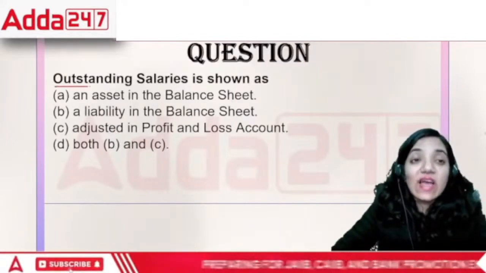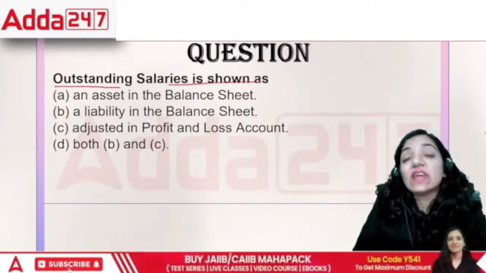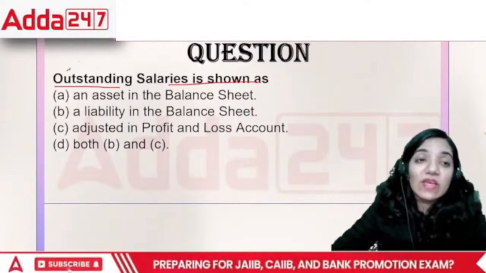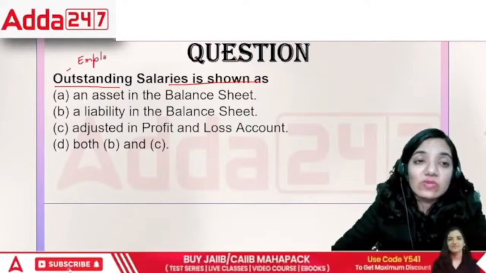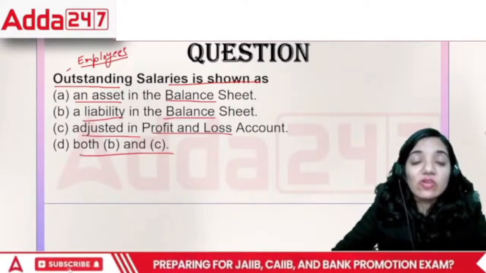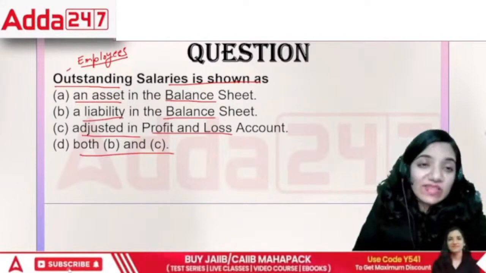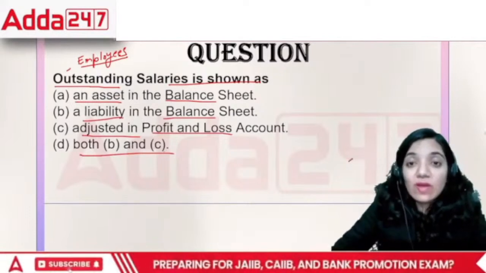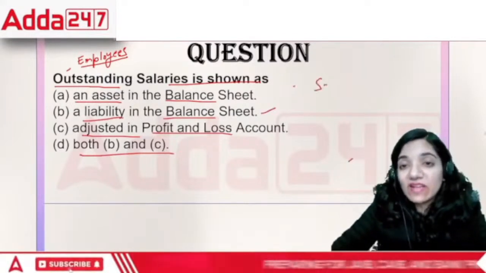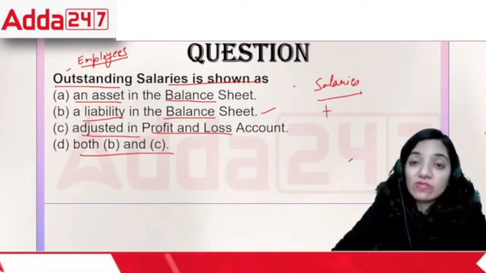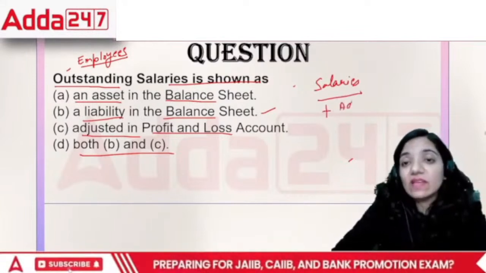The next question is: outstanding salaries is shown as. When we talk about outstanding salaries, what does it mean? The amount that we are supposed to pay to our employees is called outstanding salaries, isn't it? Then the options: an asset in the balance sheet, a liability in the balance sheet, adjusted in the profit and loss account, or both B and C. So basically, if I'm supposed to pay my employees and I haven't paid it yet, it's a liability for sure. But at the same time, among my salaries, I need to add up the amount that is due, but not written in my books of accounts yet. So it would be added in the P&L,